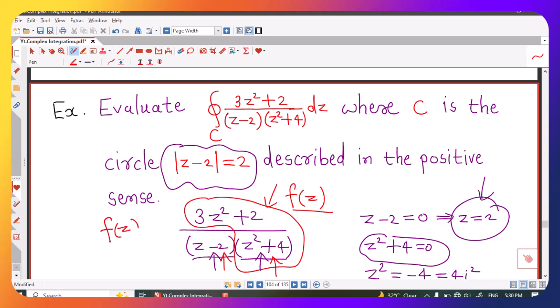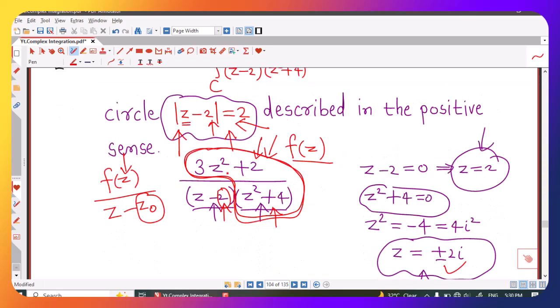That is, whether you can write your function in this form, f of z divided by z minus z0, where this f of z is analytic everywhere inside and on given circle, and this point is interior to C. So from this, first we have observed that if we take f of z equal to this function, then there is no problem, it is analytic everywhere inside and on this circle, and this point z equal to 2 is interior to this circle because it is the center of the circle,